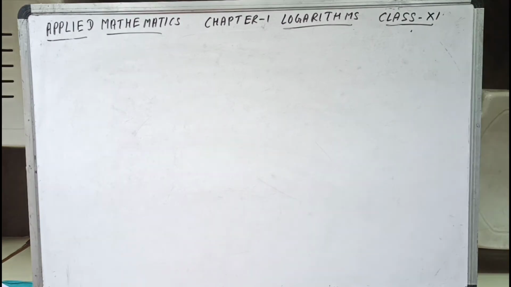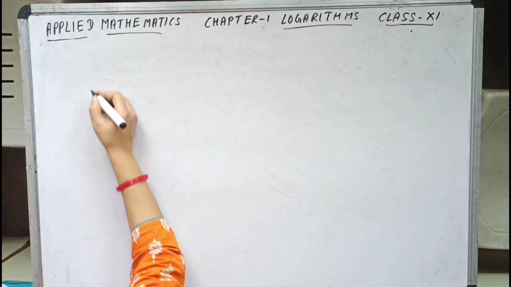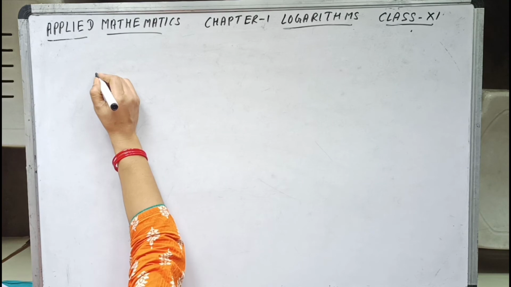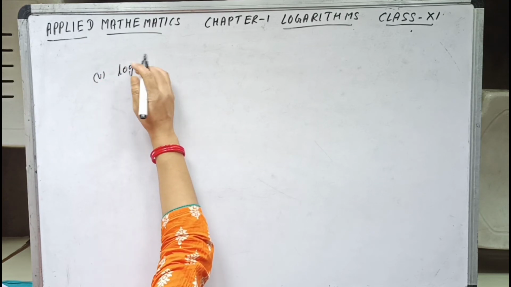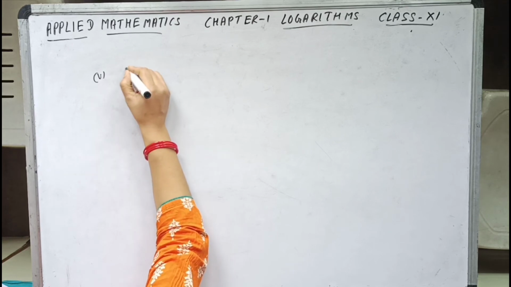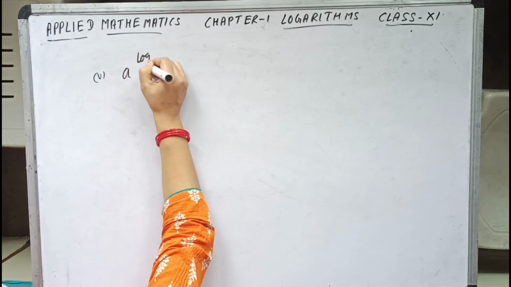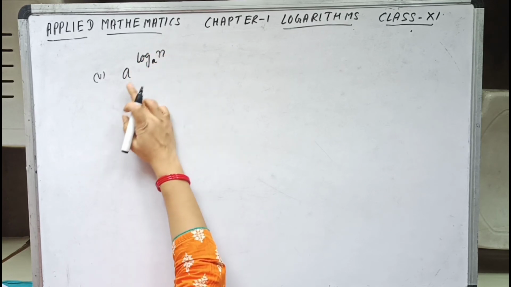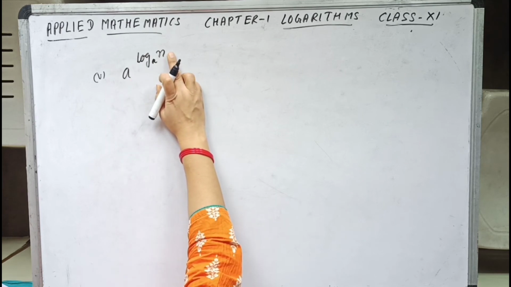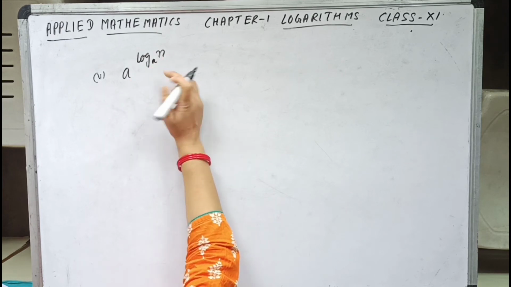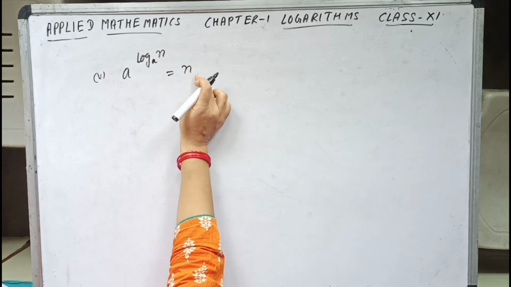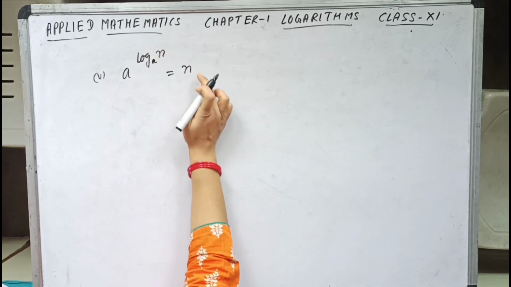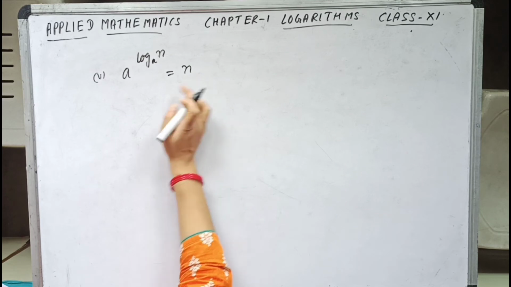Two more laws we will understand, the numbering I don't remember, maybe it is number 5. Log of... a power log of n base a. Remember this a, over here log n and base only a. This will be equal to n. These two being the same, then the result is just whatever is inside the log.